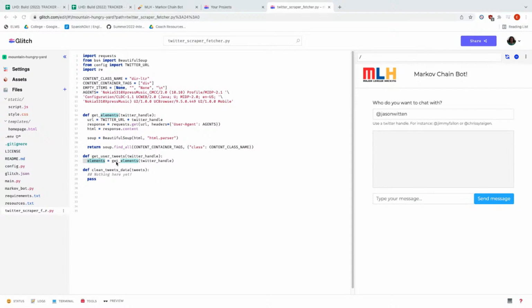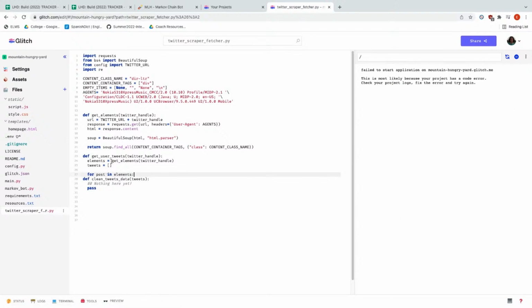The next thing that we're going to do is initialize a tweets array as an empty array. This is going to contain the list of tweets we extract using BeautifulSoup. So we have to fill up that array, and we're going to do that using a for loop. We're going to type out for post in elements.